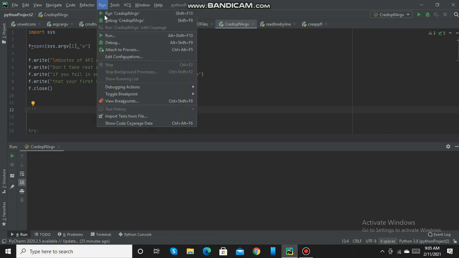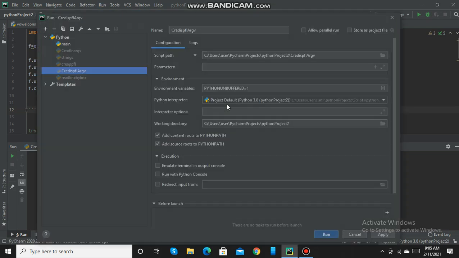First you have to go to run, then edit configuration. Here I will give the file name, say apj.txt. This file name will be argv1. As we know that argv0 is always the program name or the script name. So this will be argv1. Similarly we can give n number of arguments, separated by space. So here I have given this file name. Now we will click the apply button and close.